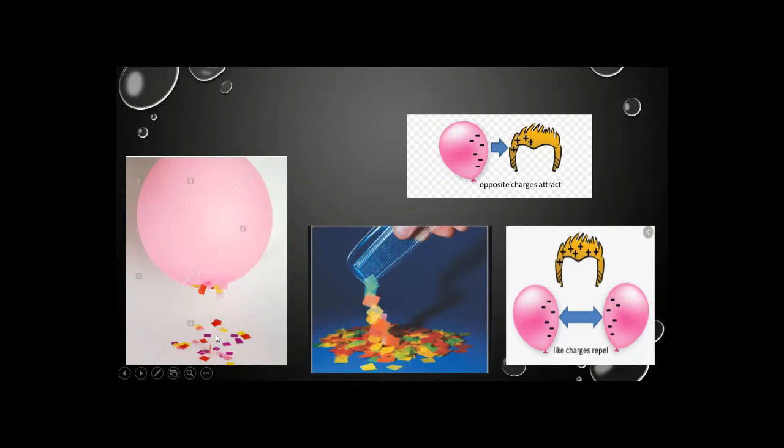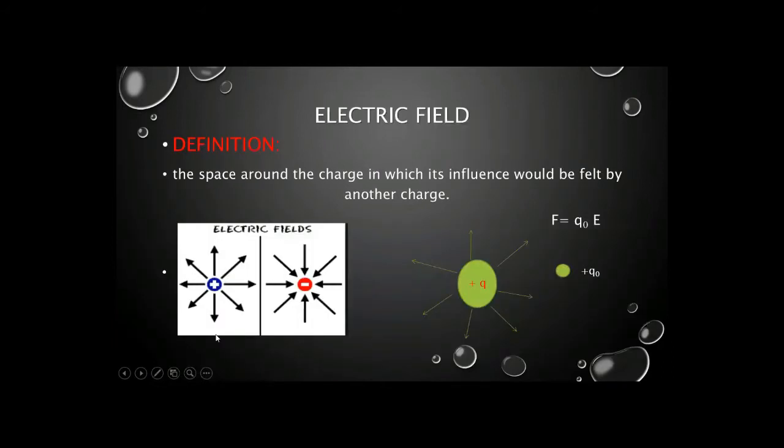Okay, so we are moving toward the topic of the electric field. Here we have two charges. The first one is positive and the other is negative. The region around the positive charge where the influence of its electrostatic force can be felt is considered an electric field. And here we have a negative charge. The region around that negative charge where the influence of its force can be felt is also considered an electric field. Okay, I hope you understand.